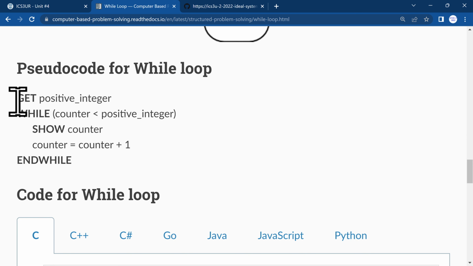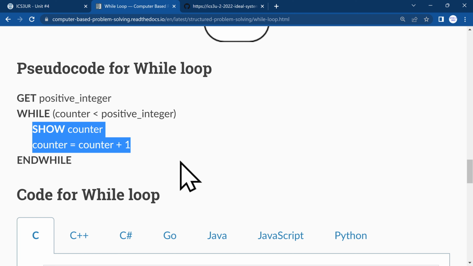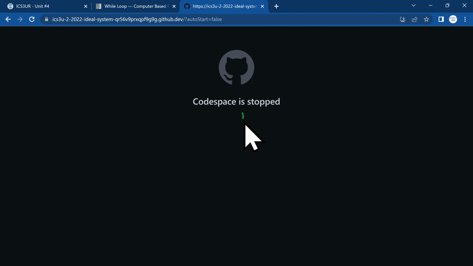In pseudocode, we get the positive integer. We do while counter is less than positive integer. We show it, we increment it. We have end while that matches our while. Everything in between we indent, and we're good to go. Now, in Python,